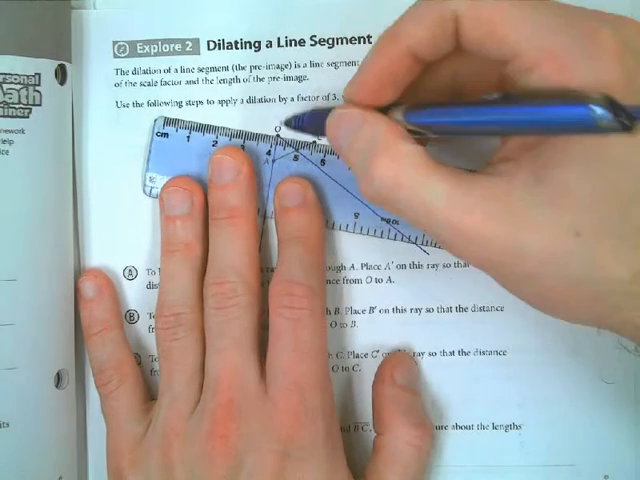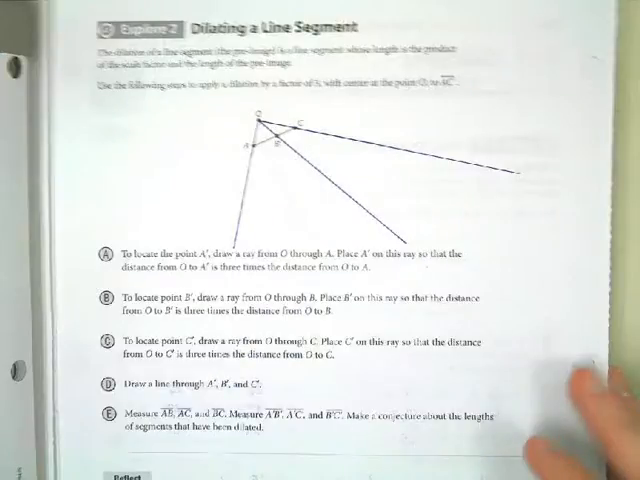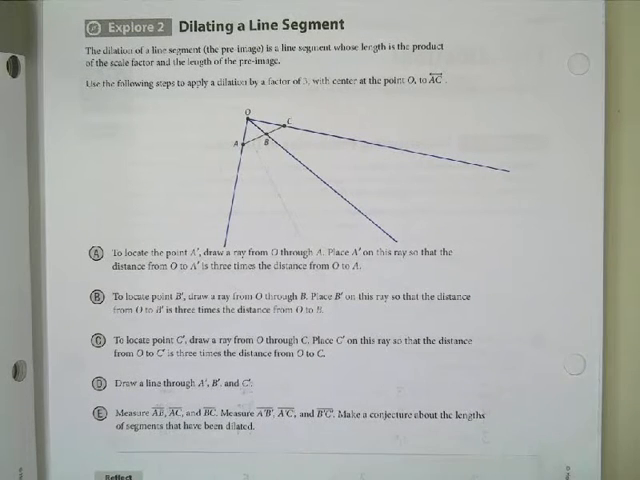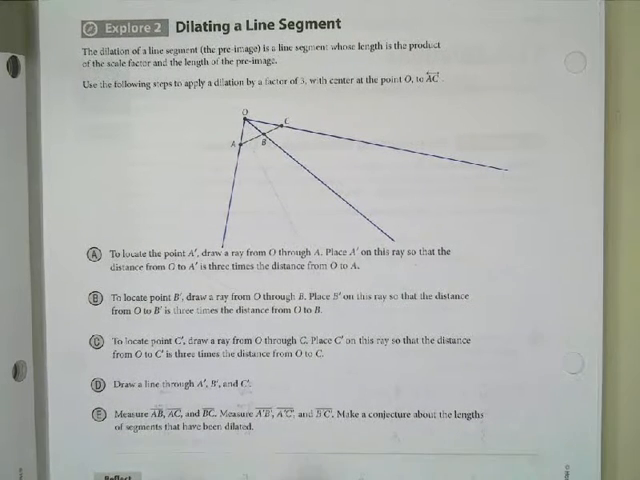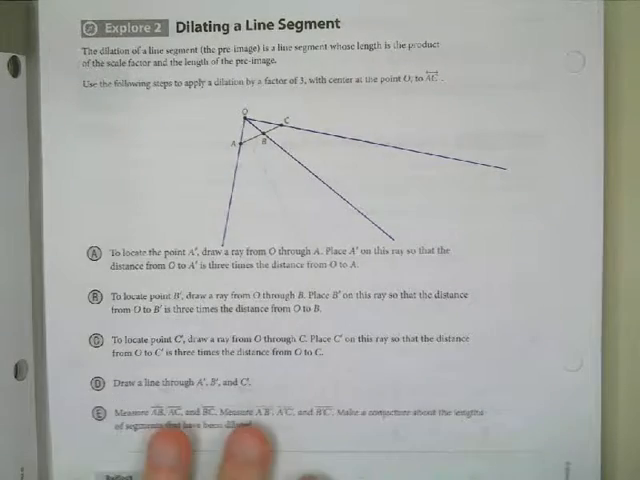Okay, so we've got some rays going: OA, OB, OC. Once you've got those rays OA, OB, and OC drawn, we're going to use our ruler to measure, for example, the length from O to A. I'm going to turn my paper here to help me with this, and we're going to figure out this distance. So if I look from O to A,